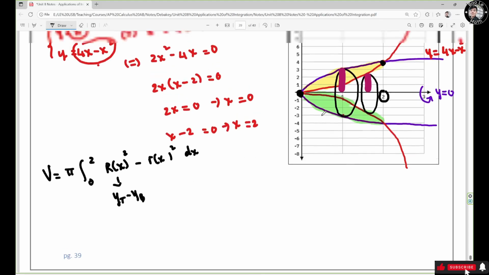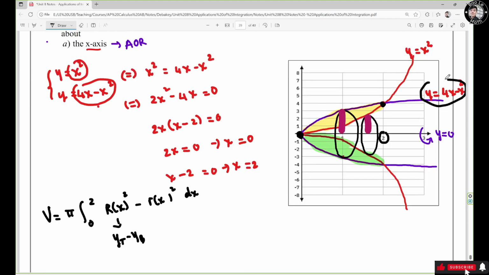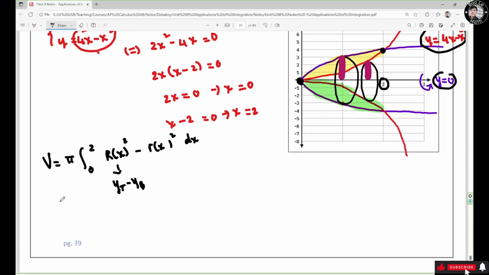So y top is right here. Y bottom is the axis of revolution, which is y equals 0 right here. So you have pi times the interval from 0 to 2 of (4s minus s squared subtract 0) altogether squared,